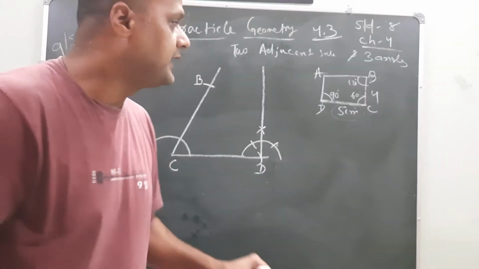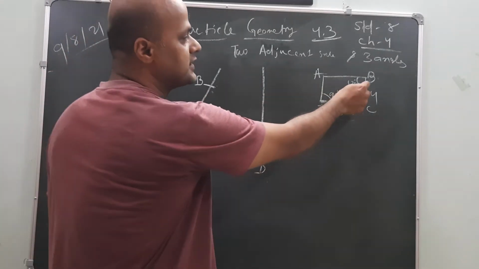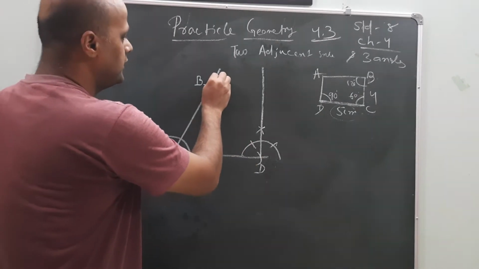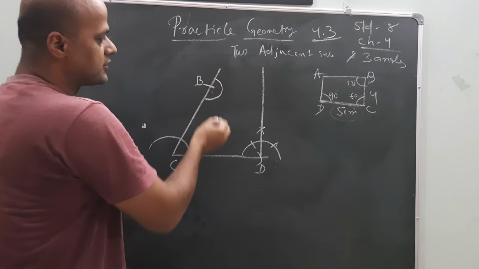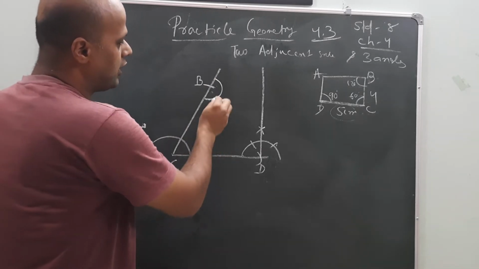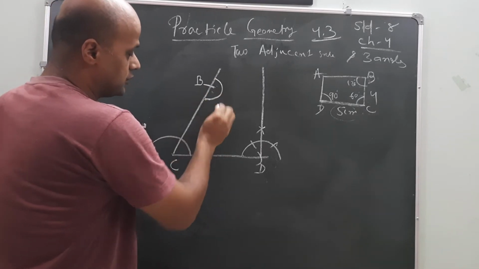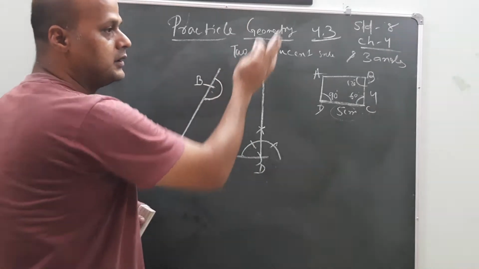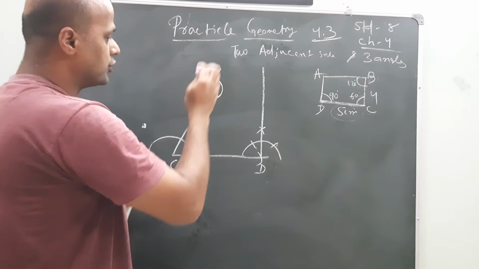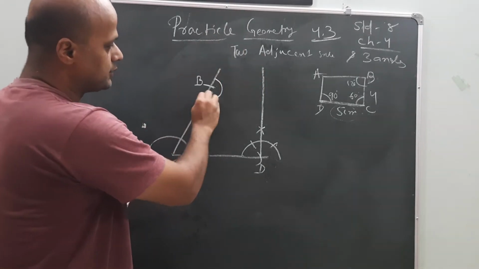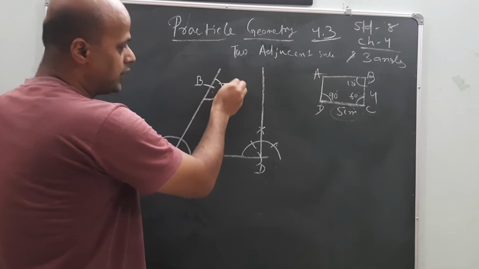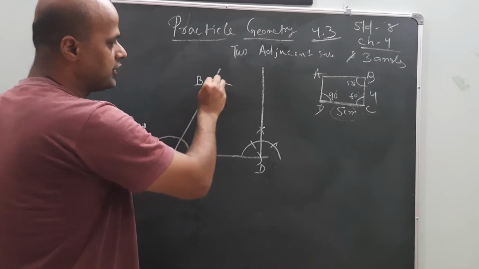Angle D is how much? 90 degree. But from angle B, which one is left here? 120 degrees is left. So from this point you have to draw the same semicircle of the same dimension. Because 120 is an obtuse angle, the external angle will show you more than 90 degrees. So from the inside you have to take 60 and 120. Now here 120 is coming.